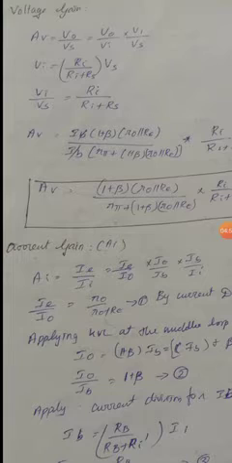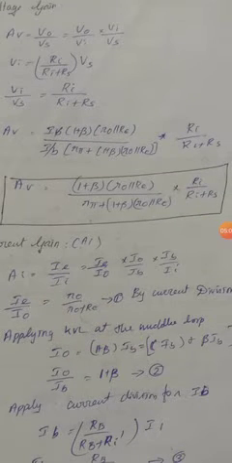V naught we have obtained already. V naught is equal to IB into 1 plus beta times R naught parallel with RE, and VI will be R pi plus 1 plus beta times R naught parallel with RE. So our voltage gain will be this. If we make R naught greater than RE, we will have this, 1 by R pi into RI divided by RI plus RS. I have not given that simplification here, we have just written it as it is. Here we are also calculating the current gain, because the current gain also plays an important role in the common collector and common emitter.